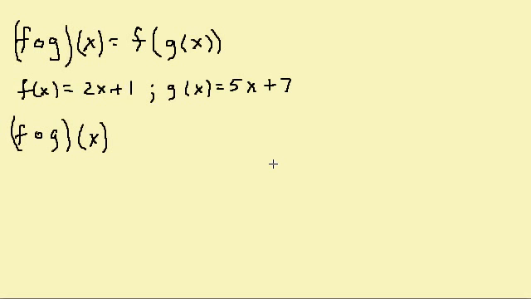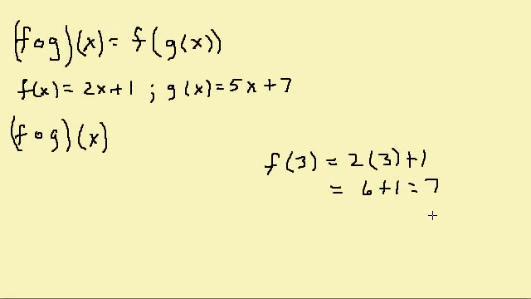Now, if we wanted to evaluate f of 3, what would we do here? We would take the 3 and plug it in for x. So that would give us 2 times 3 plus 1, which equals 6 plus 1, which equals 7. So this is the same thing, but instead of plugging in a number, we're actually going to plug a function in for x. So let's take a look